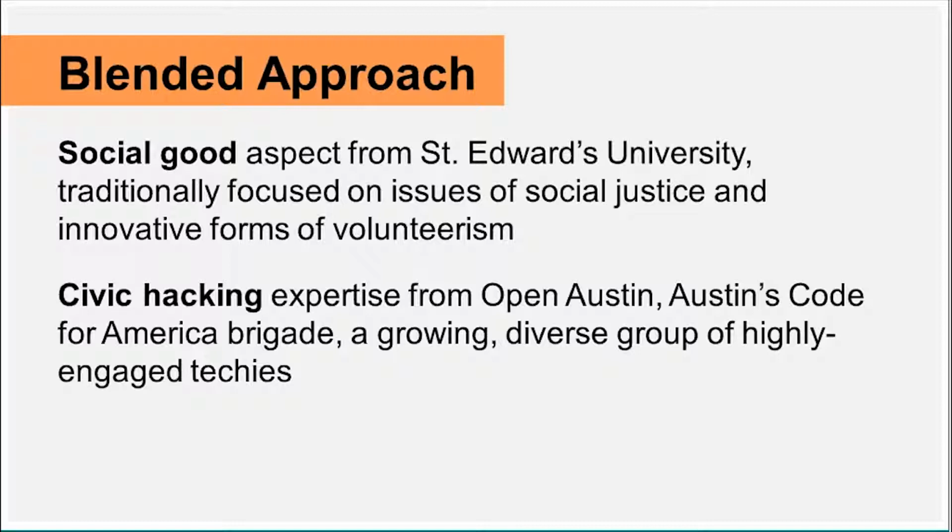So when St. Edward's approached us about having a large event anchored by the National Day of Civic Hacking, we were really excited by the opportunity and really fortunate to find such a well-positioned partner to help us with this.